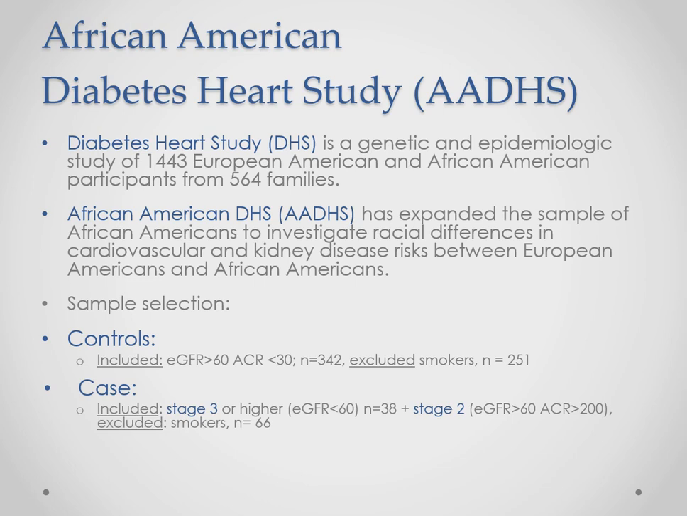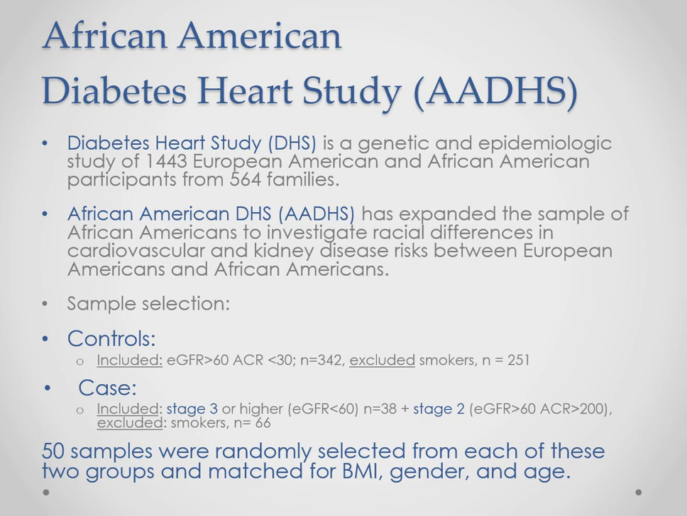The cases included stage 3 or higher, so estimated glomerular filtration rate below 60, and stage 2, so estimated glomerular filtration rate above 60, but high albumin creatinine ratio in the urine. So you can see the problem right there. Our equation for calculating estimated glomerular filtration rate just has a cutoff, and it's not very precise for the